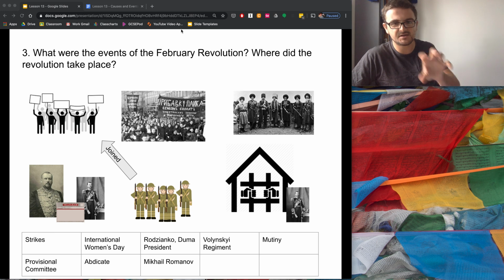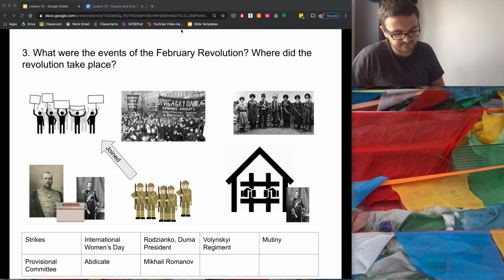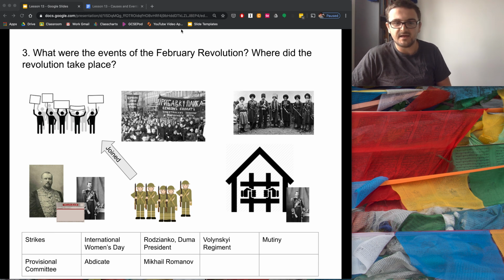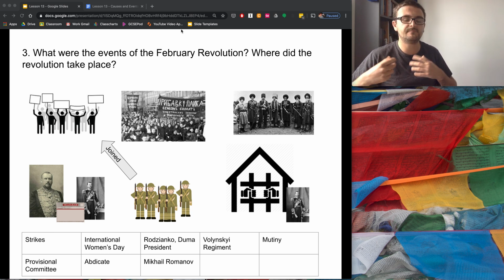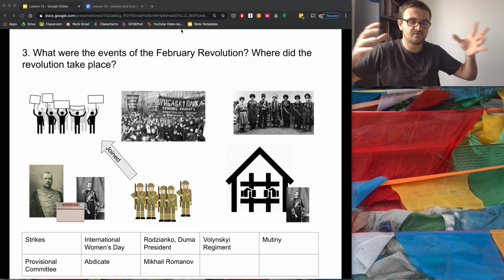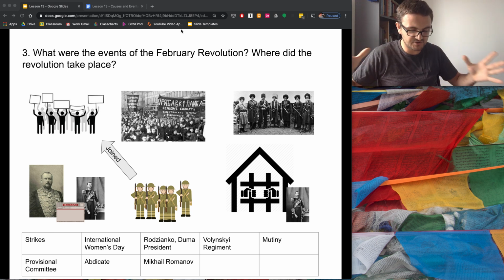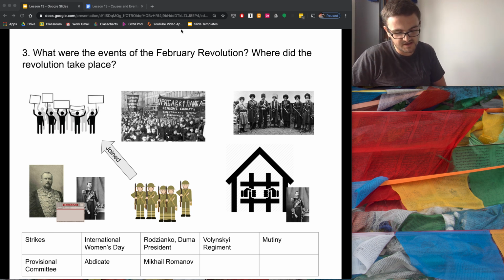The tension you can see is creeping up at each event. Now, what's interesting about this revolution is there are no clear signs of leadership. There's not one person or one group organising, leading speeches, leading the marches. It's very much kind of bottom up, the people joining them, the strikes growing, the marches growing as so many people are dissatisfied.